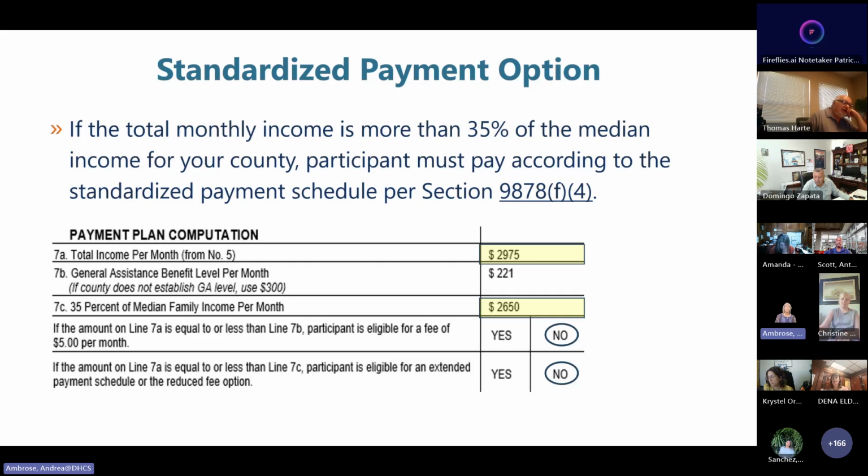So you've got to do that assessment, make the income determination, and then you'll know if they qualify for an extended payment plan, or if their income is too high, then they have to pay according to the standardized payment plan, even if it's just a little bit higher than the median income. So you have to use that threshold.